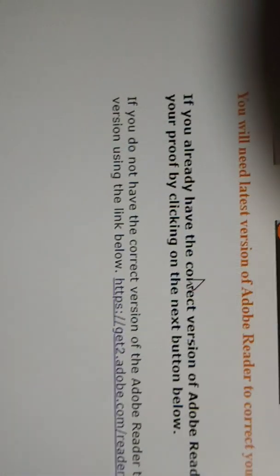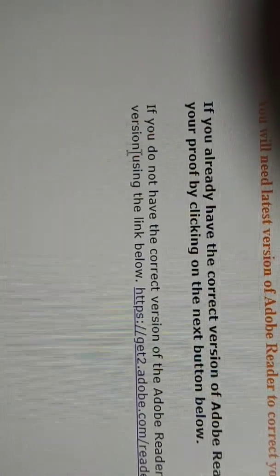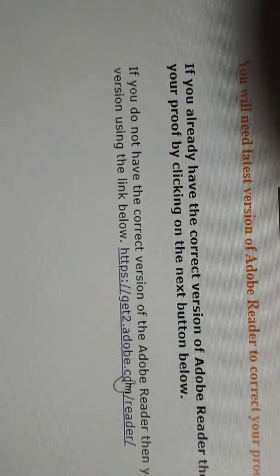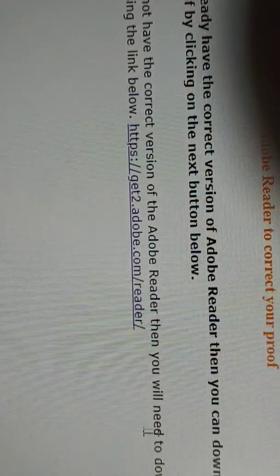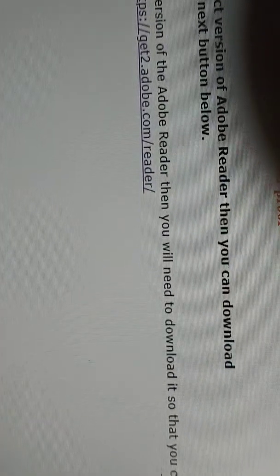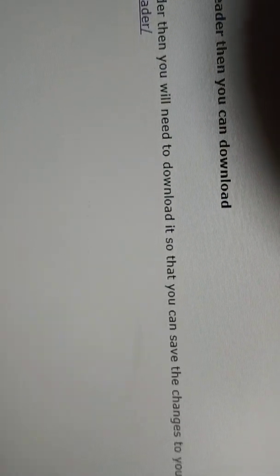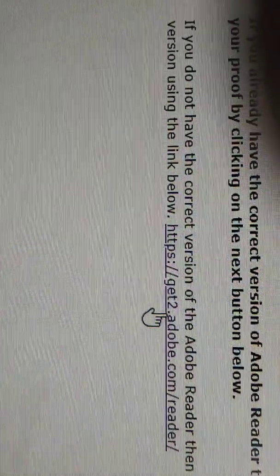Now one more thing: download Adobe Reader. This is the newest Adobe Reader, and you have to download it. You need the correct version of Adobe Reader so that you can save changes to your proofs; download at least this version. You have to click on this one.